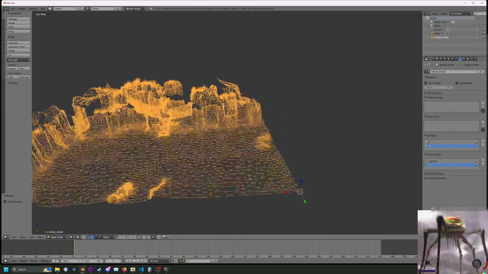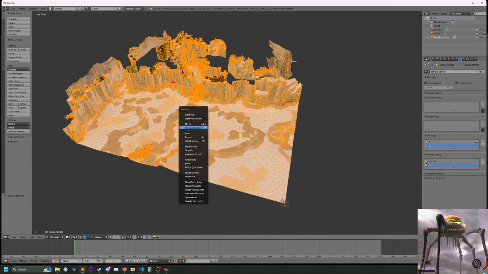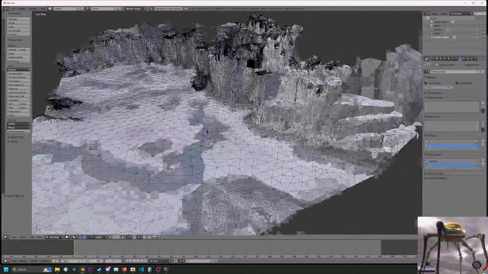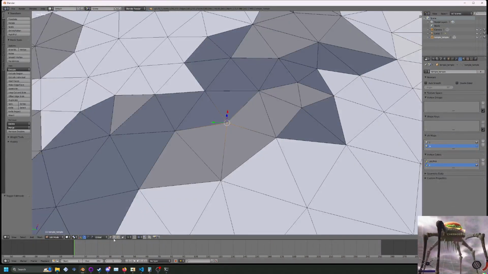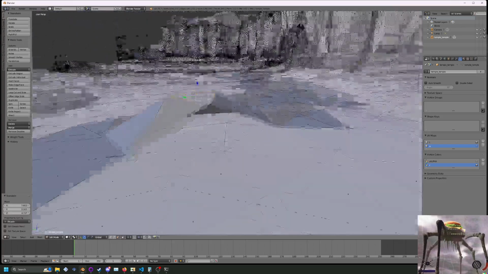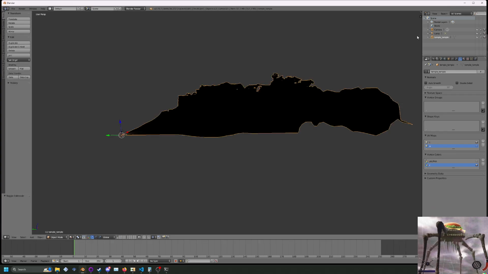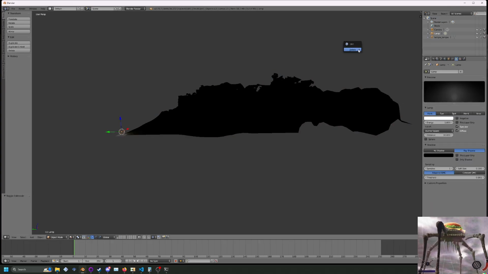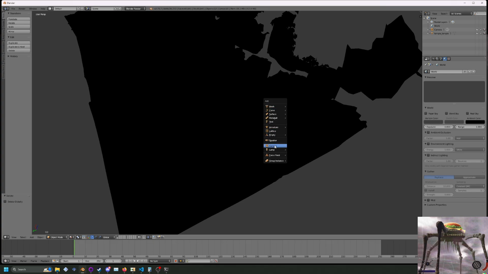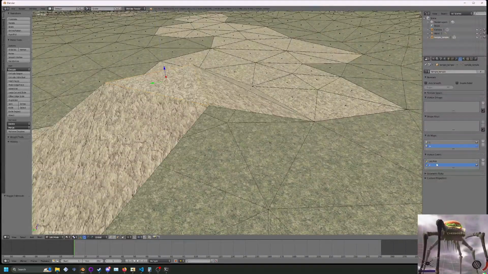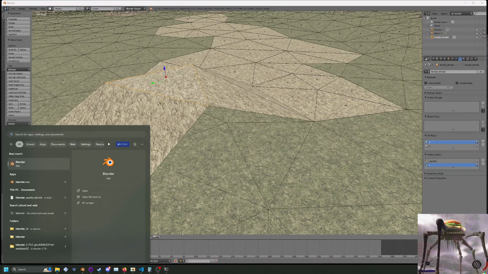Again, basic cleanup stuff. W, remove doubles. You can see there's a little Z fighting right here. And that's just because it's breaking up into layers. That's how they do their blending with grass and all that. All this stuff works on 4.2 LTS. Lightwanda. Yeah, you see there's little grass layers right here. Lightwander's even a little better at displaying things. So if I pull Blender up real quick,